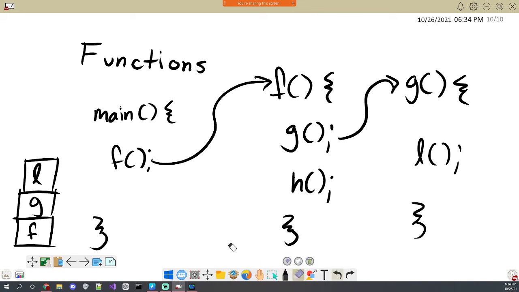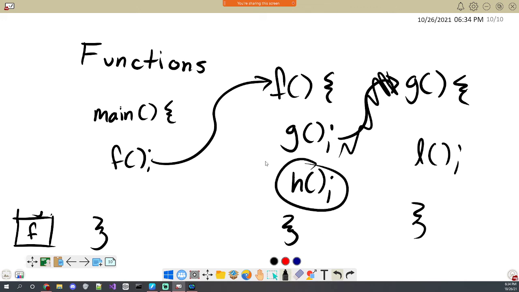In that case, when a function returns, it pops it off the stack, and it goes and does the next thing. So if G finishes here, then we are done. We're back to F. And then F calls H, so it adds that to the stack, does whatever H does, pops it when it finishes, pops it when F finishes, and then the stack is empty again, or at least just contains main when you go back to main.